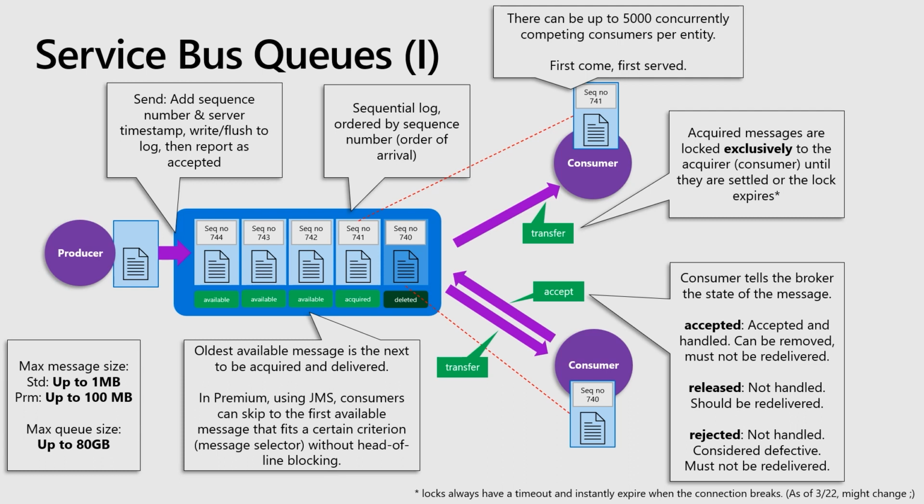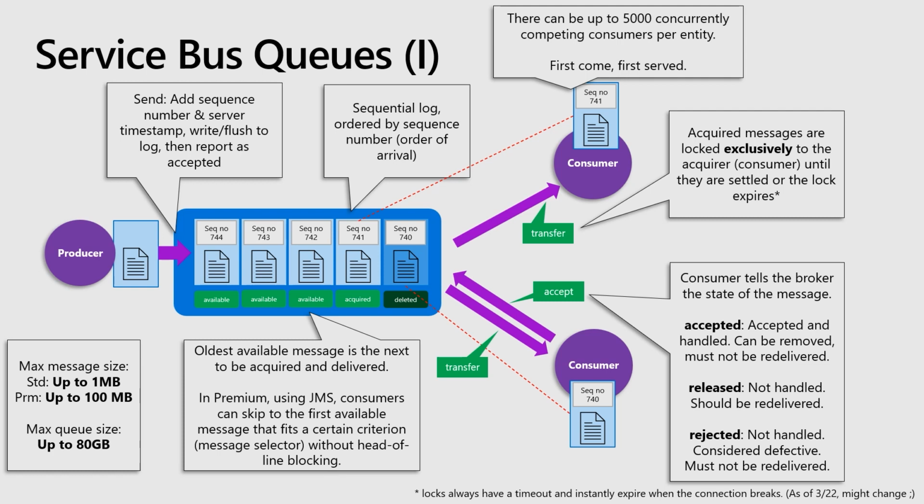The log is ordered by the sequence number and by order of arrival. And the next message that's being delivered to a consumer is always the oldest one that is available. Each message, and that is different in Service Bus, in a queue broker, from, say, Kafka or Event Hubs, is that the broker is actually keeping track of the life cycle of every single message. Messages are enqueued, and then they're pending, because you may have a scheduled message, and the scheduled message is being, next slide, held until we make it